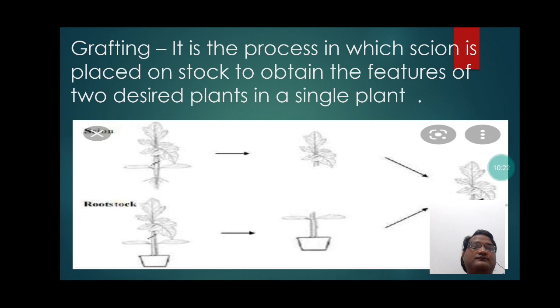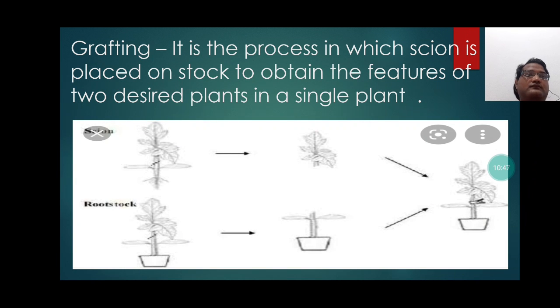Grafting. It is a process in which scion is placed on stalk to obtain the features of two desired plants in a single plant. So students, grafting is actually a method of asexual reproduction in which scion,